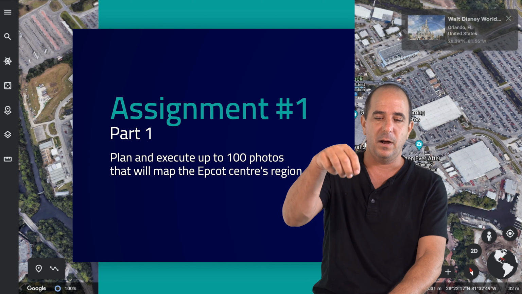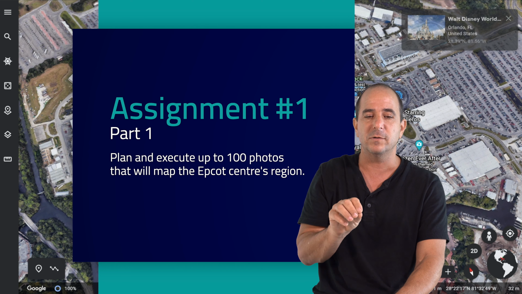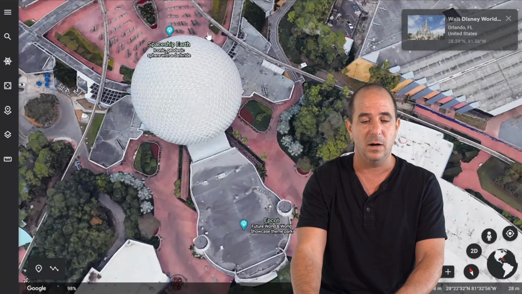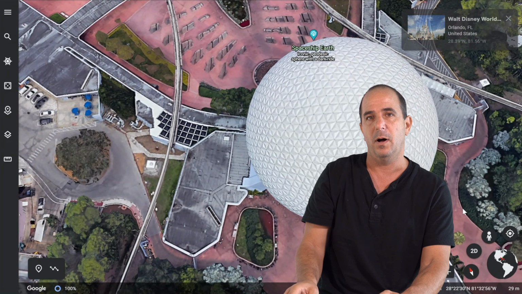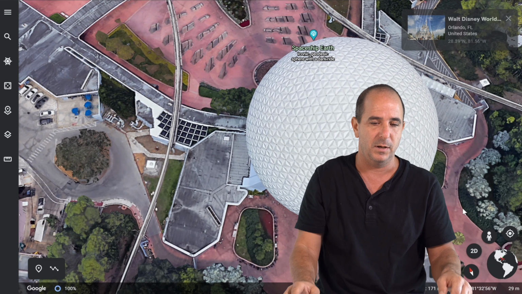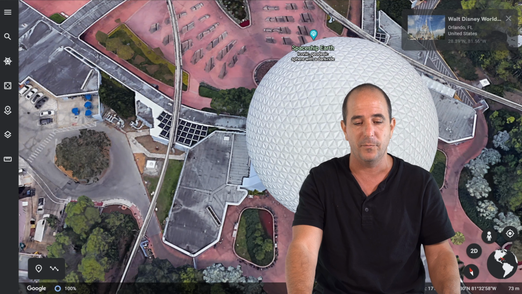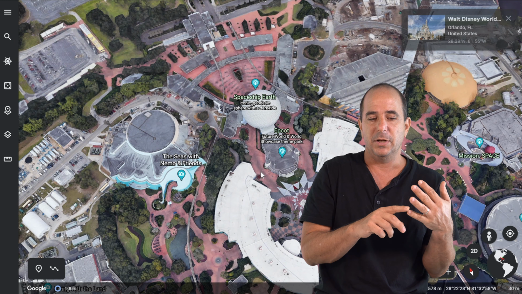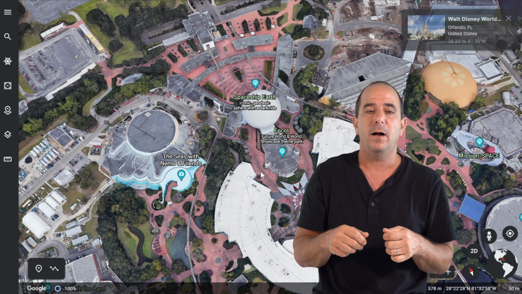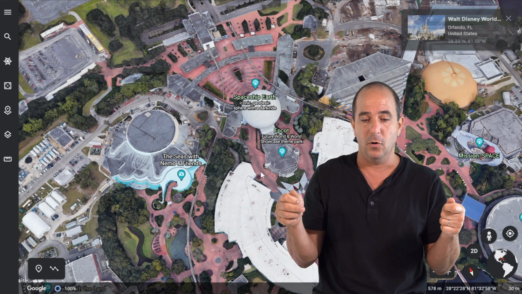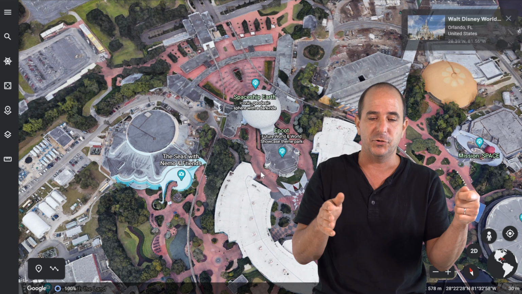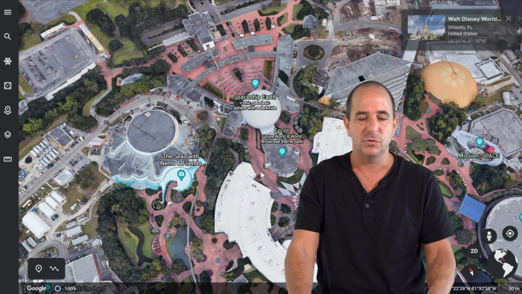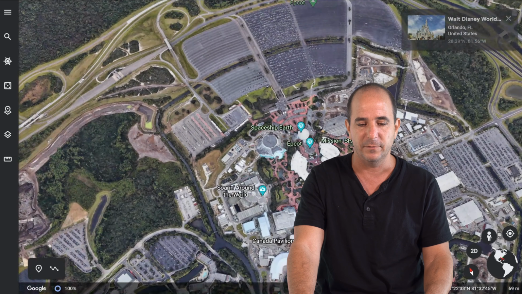Some of the photos might be vertical, or some of them might be horizontal. You might be interested in taking images of this roundish structure, maybe not from above, but from the horizon, or from a 45 degree angle, and so on. So, in a way, you need to design a route, a set of waypoints, and in each waypoint, or in each segment between waypoints, you need to design where you want to take the images. A maximum number of 100 images should be sufficient in order to cover this region.